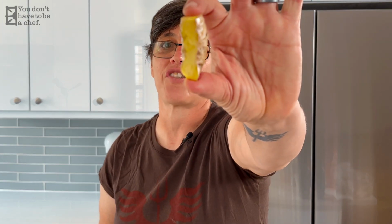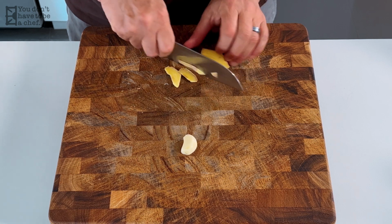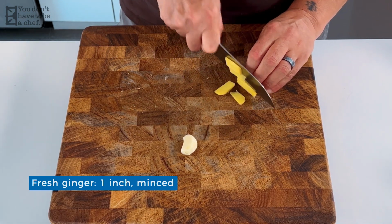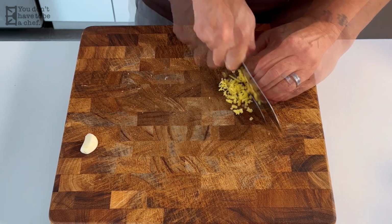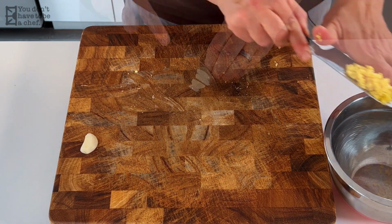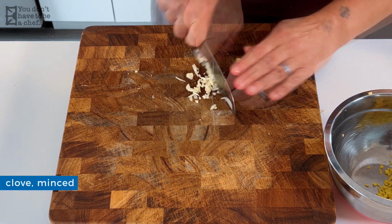I'm gonna start by mincing a clove of garlic and about an inch of fresh ginger root. Some people peel ginger with the side of a spoon or a fork. I prefer the knife. You waste a little more material, but it seems quicker and more efficient to me. Your mince does not need to be uniform because the other ingredients in the marinade will help break down the